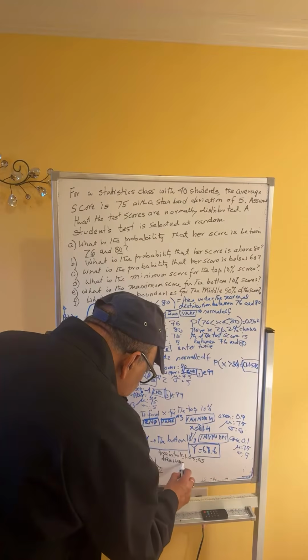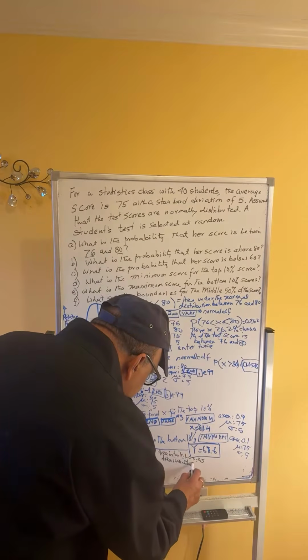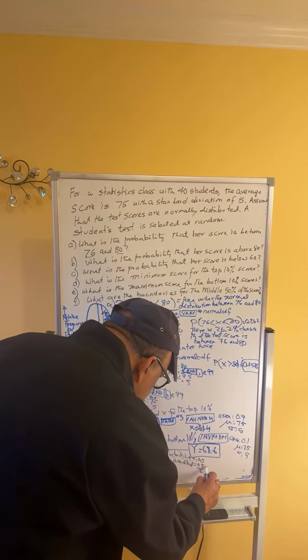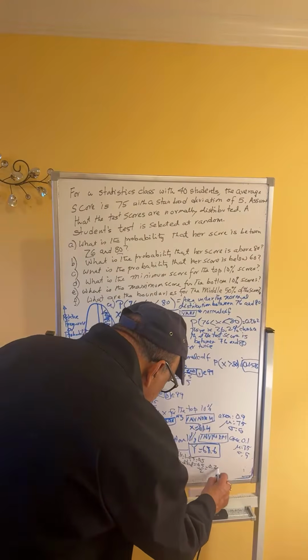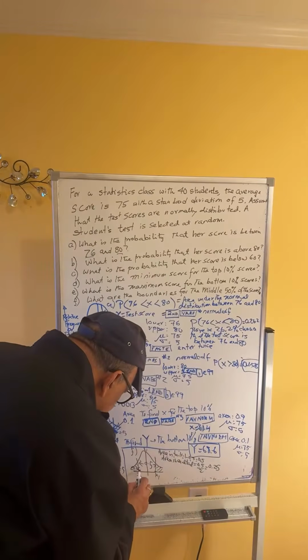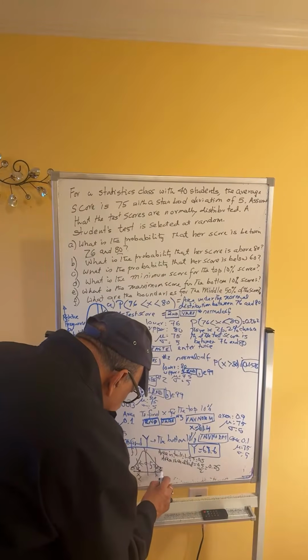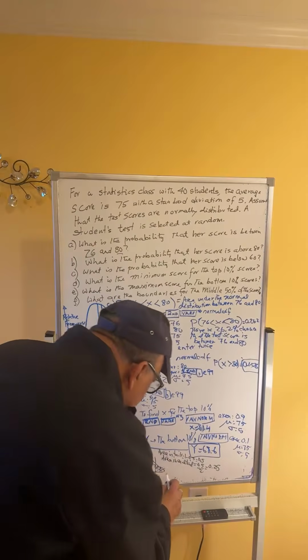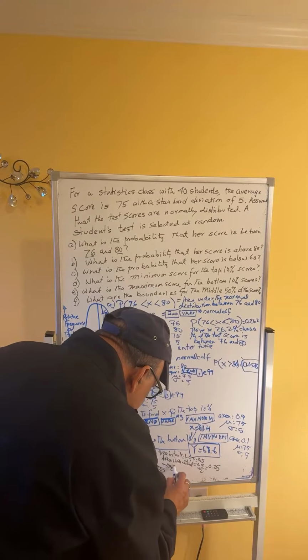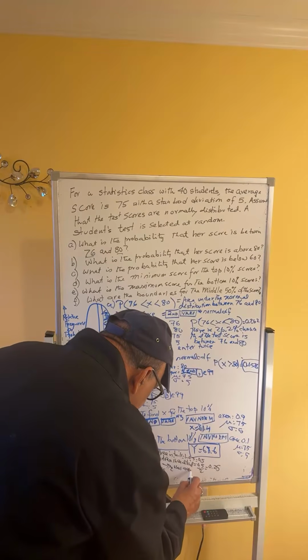Area in each tail is 0.5 divided by 2, which is 0.25. So this area is 0.25, this area is 0.25. Now to find x2, use area as 0.25